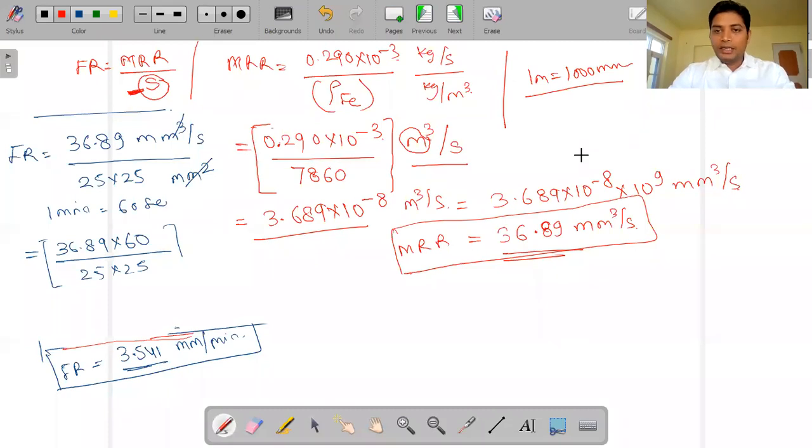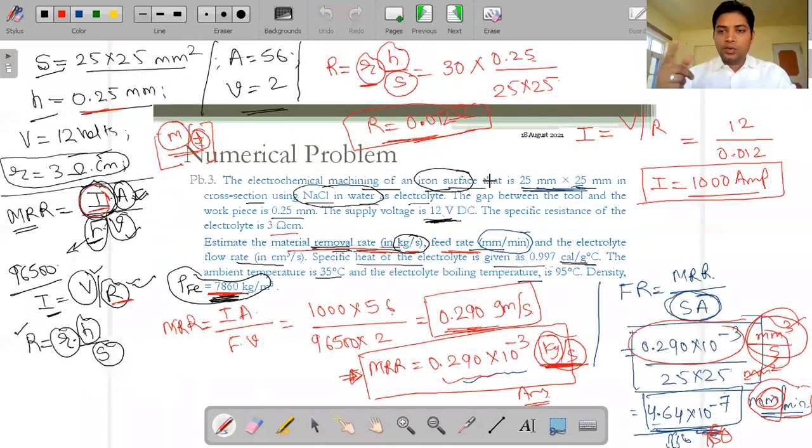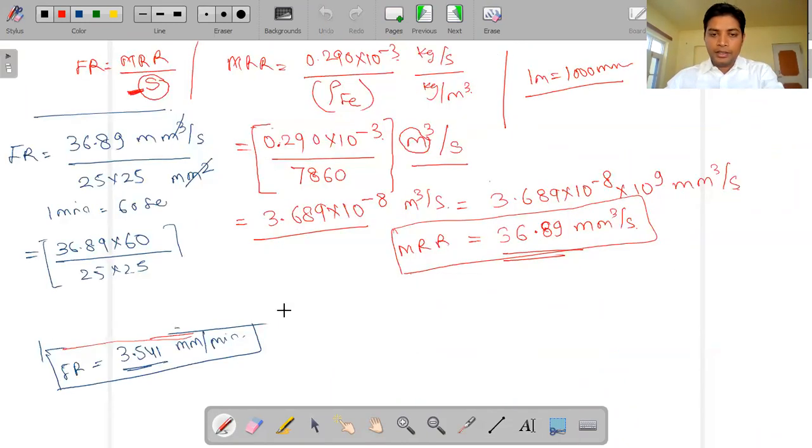So this is the feed rate. Now, next, what we have to calculate is the third parameter. Next we have to calculate the value of the electrolyte flow rate. Okay, so the flow rate is what we discussed in the flow analysis part. So in the flow analysis part,